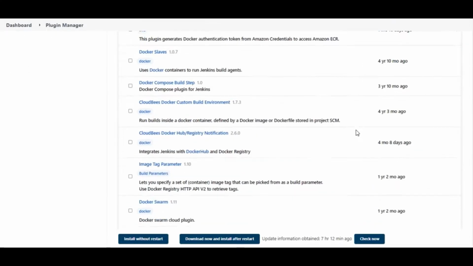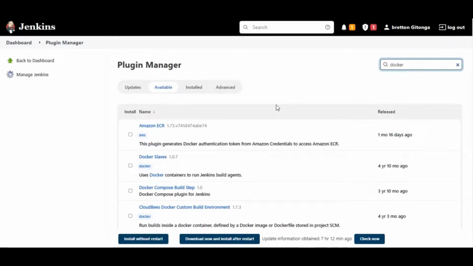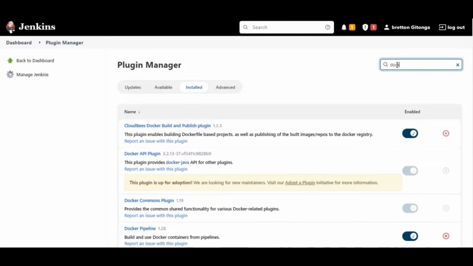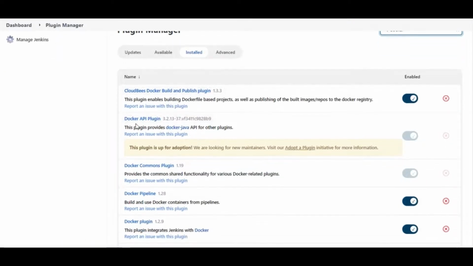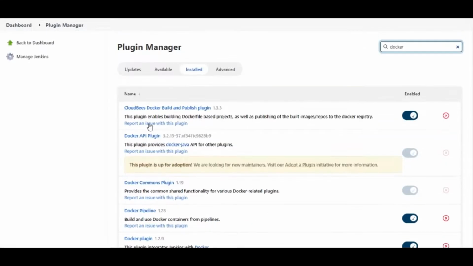So ensure you have them installed, because I've already put them. This is the cloud-based Docker build and publish plugin. Also have the Docker API plugin and Docker pipeline, Docker plugin, Docker build step. But the one that we're using is the cloud-based